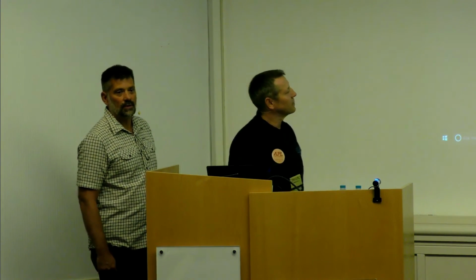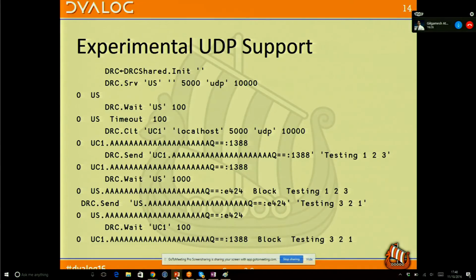What's UDP? User Datagram Protocol. So you're just broadcasting messages without necessarily a specific address and with no guarantee that they're going to be delivered. So it's something that's typically used by games and things that are broadcasting information. And also other practical protocols such as DNS and SNMP, and there's a lot of application for UDP.